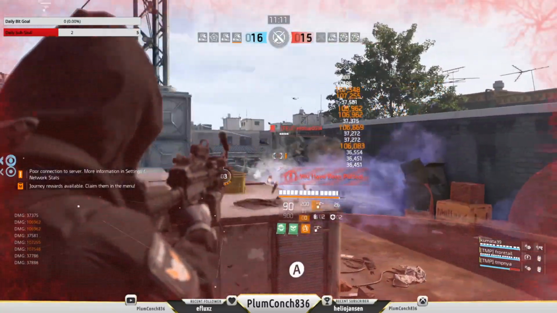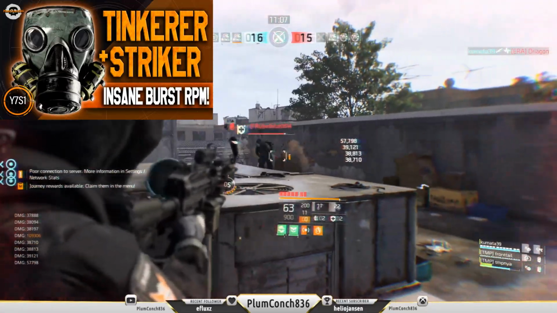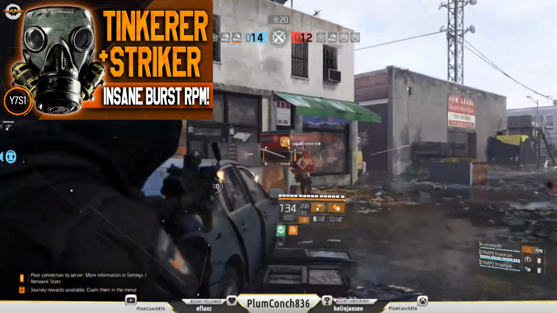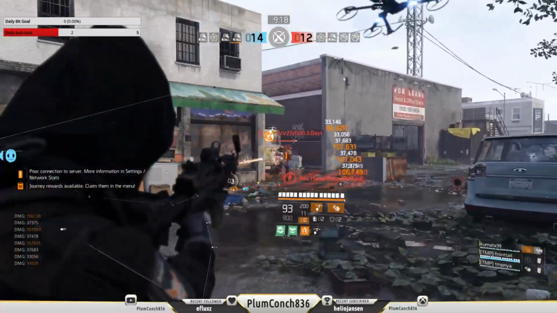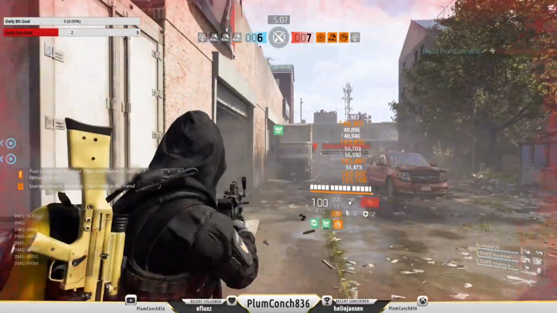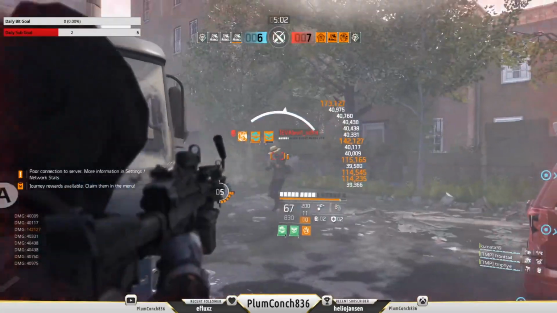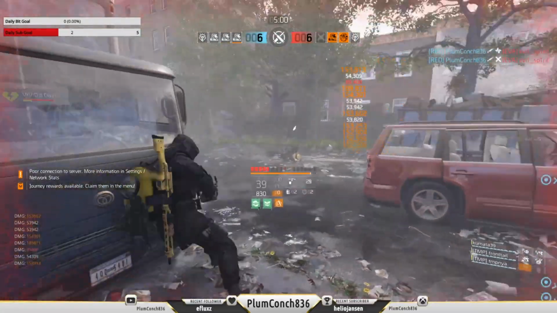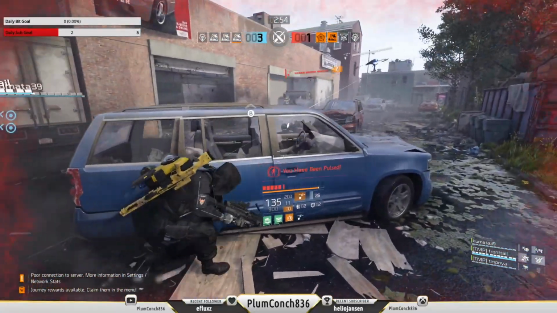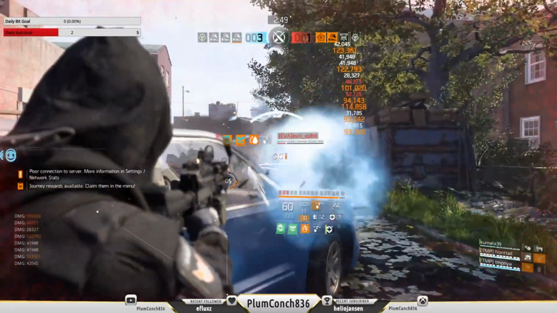Plum here, g'day champions, how's it going, and welcome back to another Division 2 build video. Since I dropped my insane burst RPM Tinkerer Striker build, a lot of players have been asking for a PvP option. So I got to brainstorming and came up with this slapper with insane RPM and huge chunking damage. And it's been absolutely shredding. Sure, I've been killed, but in PvP, who hasn't? I feel this layout is a solid choice if you've been loving high RPM builds lately, you know, that brrrr